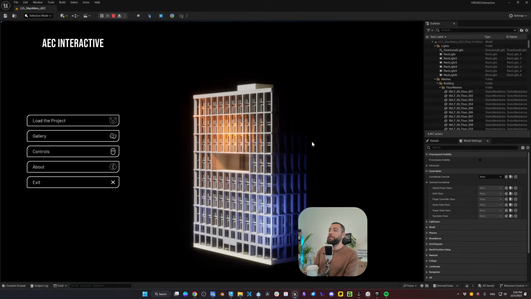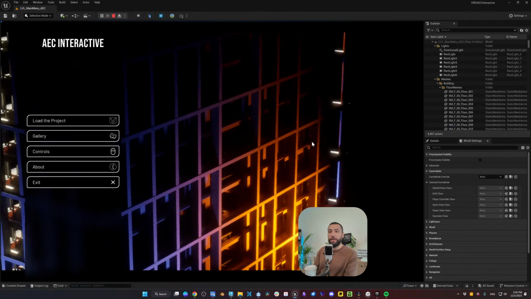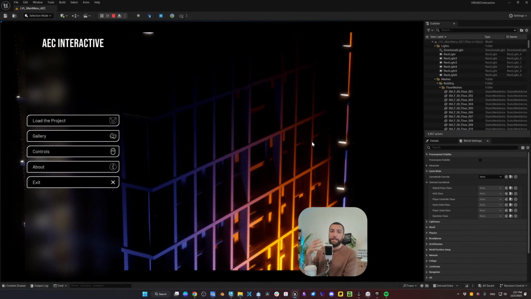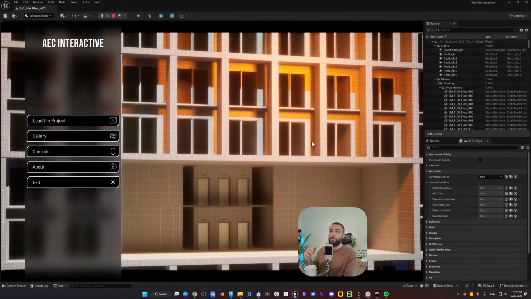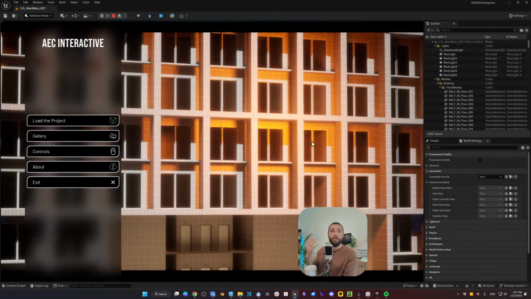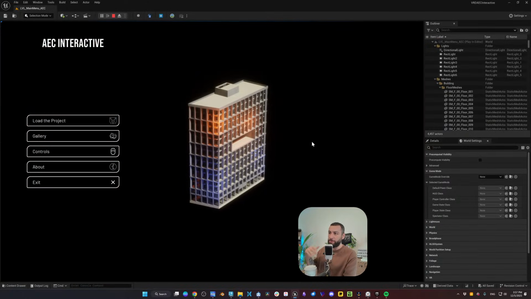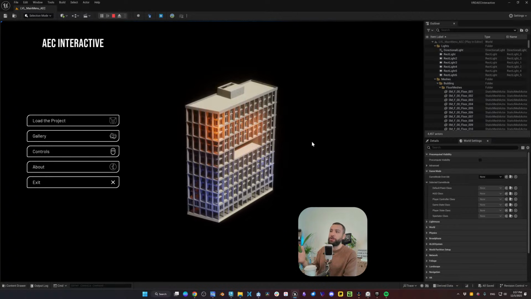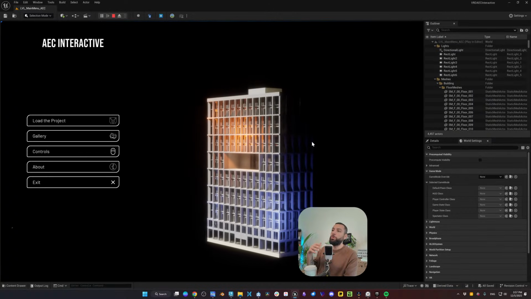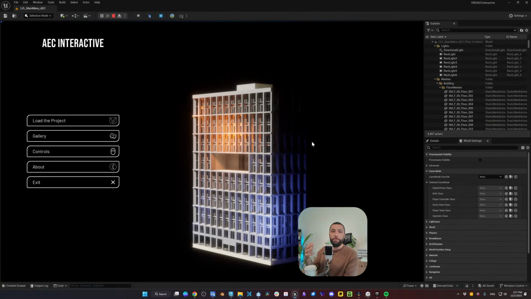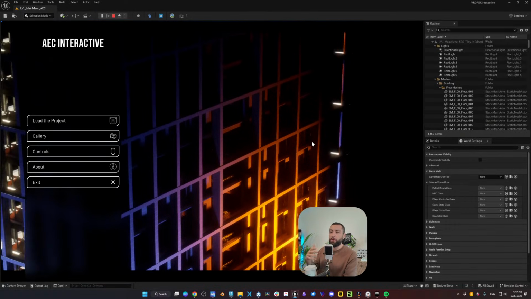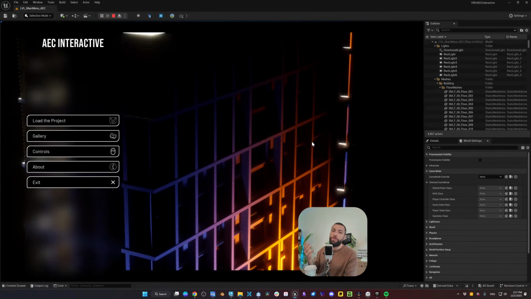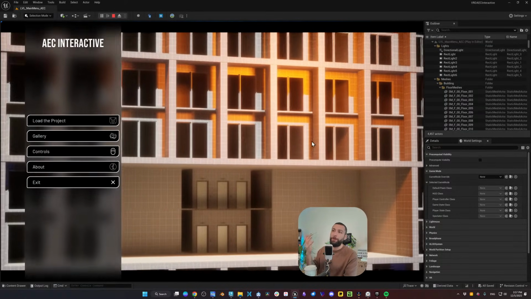My goal from this template is to create something for us, people who work in visualizing unbuilt architecture, whether you are an archviz artist, an architect, someone in real estate, in construction, someone who works with architecture or infrastructure, and you want to bring your projects to life, to allow people to interact with your projects with ease without spending weeks or months setting up the interactive part of your projects.